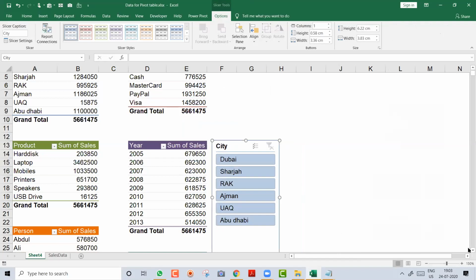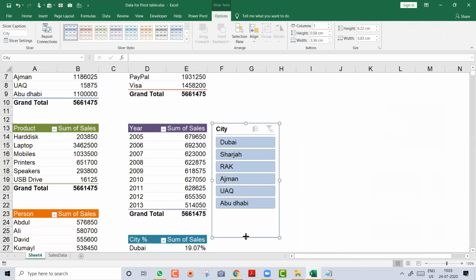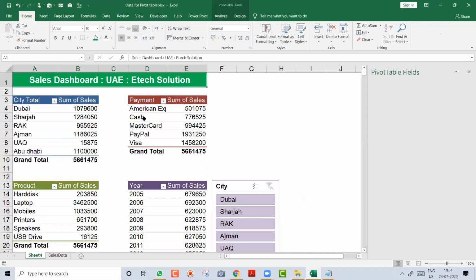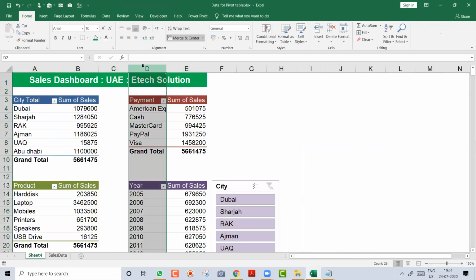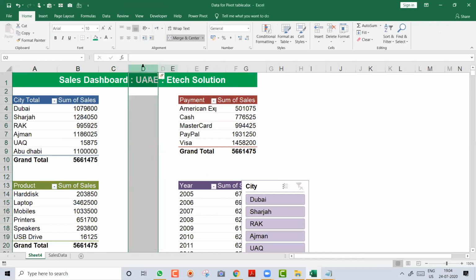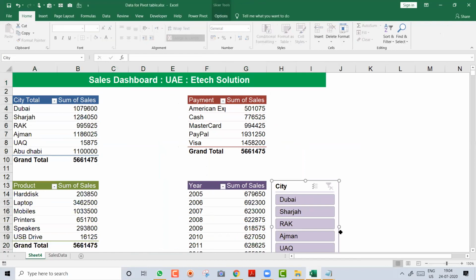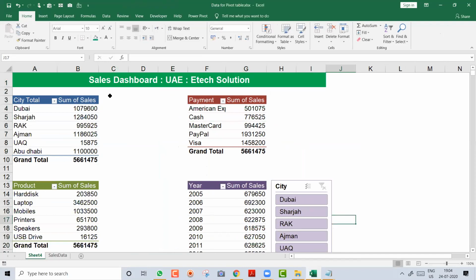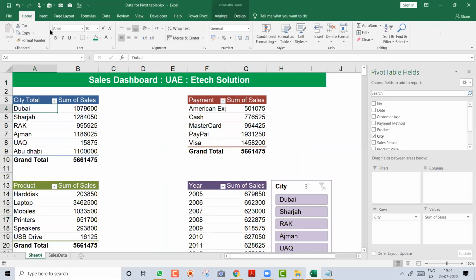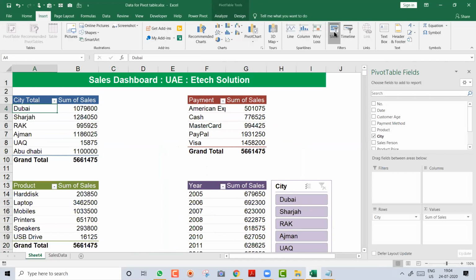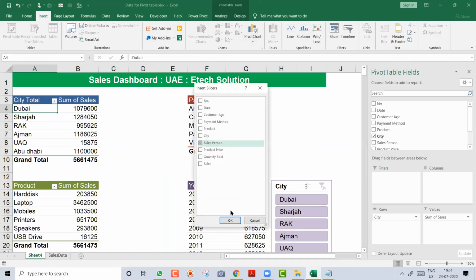Wait, okay? There is a lot more coming and I will make it small. You will change the color. And now I want one slicer over here also for, let's say, other things if you wish. So I can insert something over here, okay? And why not make this also a little big, and let's adjust this above, okay? And then on this also I want to insert a slicer. Again, I go to Insert, click on Slicer, and I say salesperson wise.